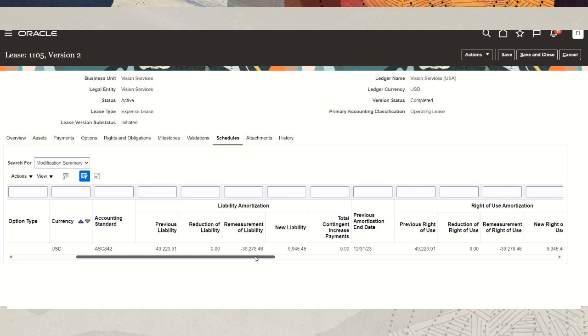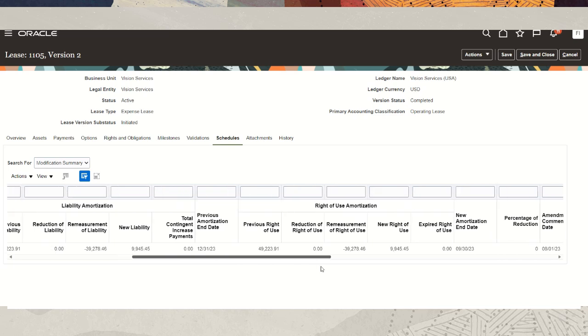Added to the 30, that gets me my $40,000. The system calculates the interest, then of this $39,278.46 for the remeasurement of liability. So our new liability is $9,945.45. You can see the previous amortization end date of 12/31/23, and for the right of use amortization, you'll see